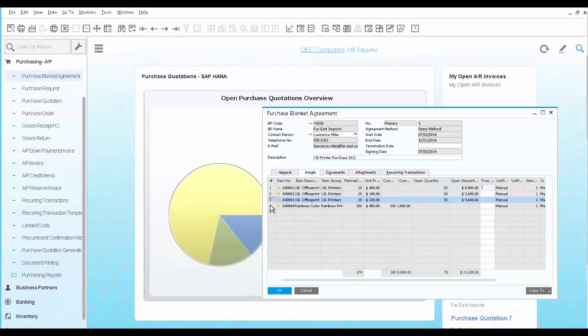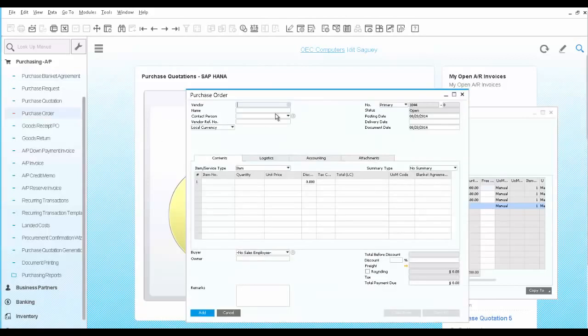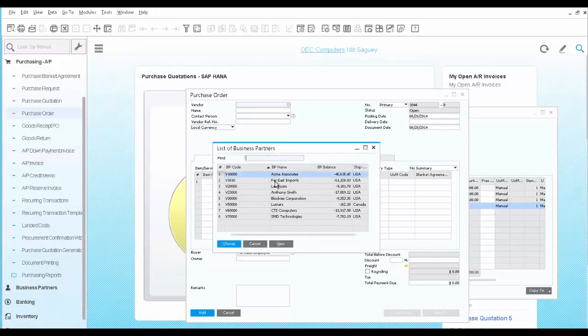You can see that row number 4 was fully fulfilled since the open quantity is 0. Once the blanket agreement is in place, all you have to do is place orders with the vendor, and the system makes the link to the agreement for tracking purposes. Let's open a purchase order for this vendor. We're going to select the vendor